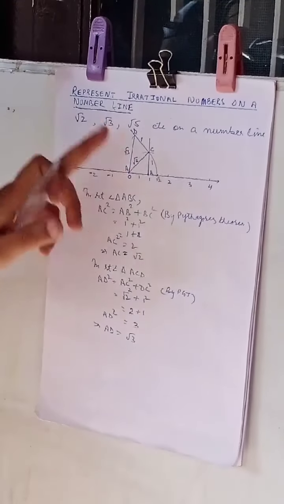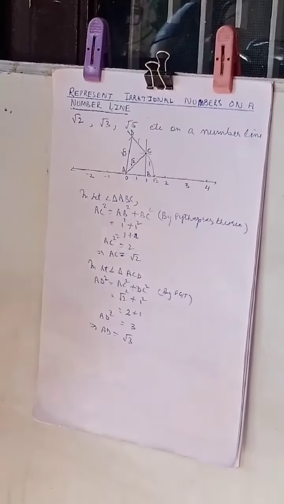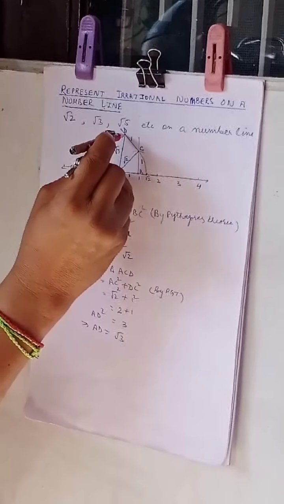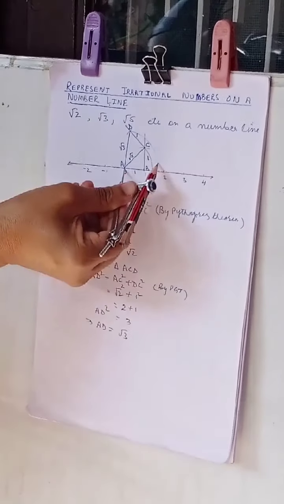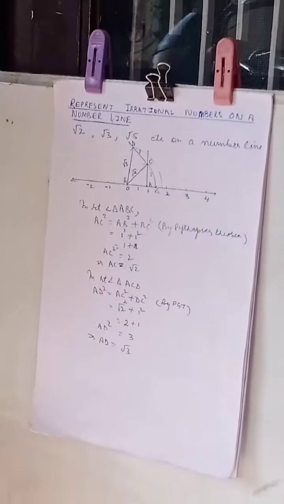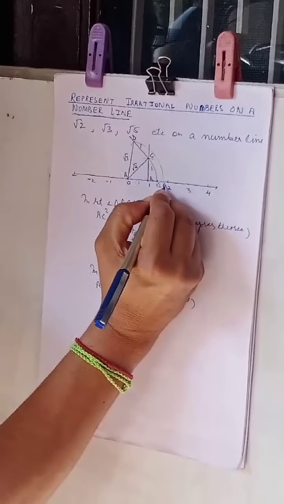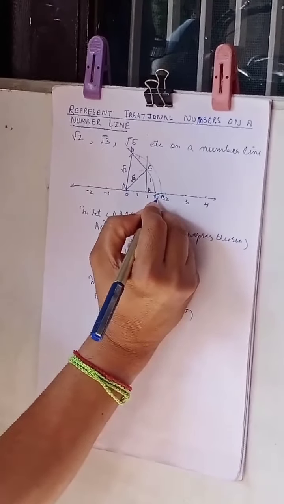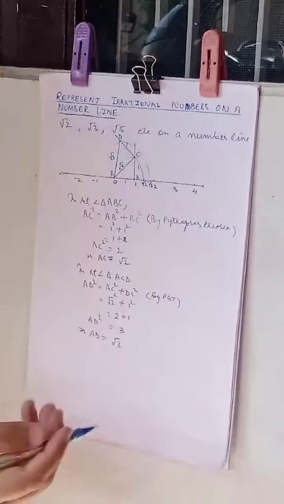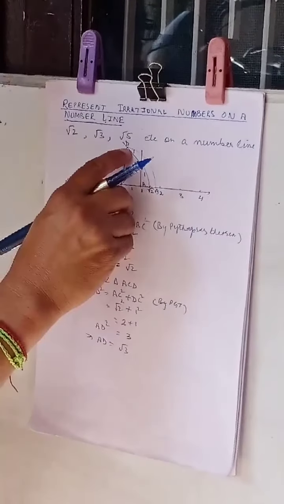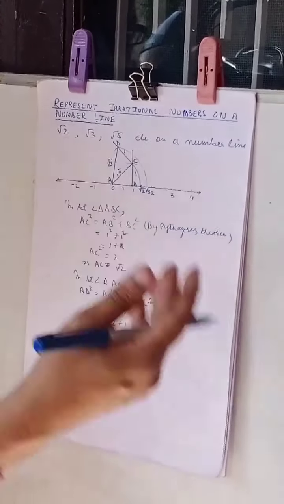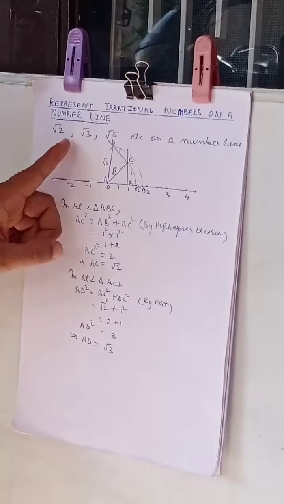But the question is how to locate it on a number line. Again start with the same. Open the compass from A to D. Draw an arc. And the point where this arc intersects the number line, that is root 3. So students, पहले हमने AC लिया तो ये root 2 हो गया, AD लिया ये root 3 आ गया. इस तरह से अगर हम अगेन यहाँ पर इसके ऊपर को लेंगे तो root 4 आ जाएगा, फिर लेंगे root 5 आ जाएगा. And in this way we carry on with this and we are able to get root 2,